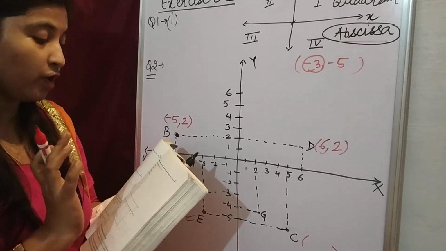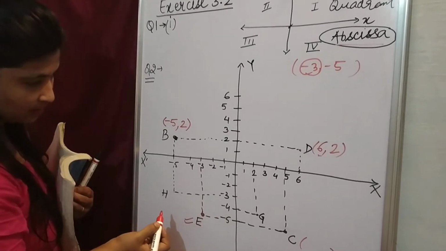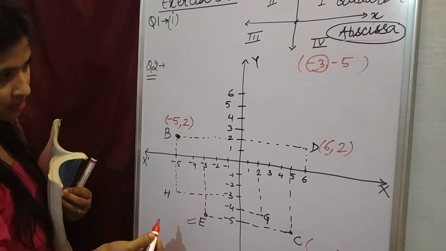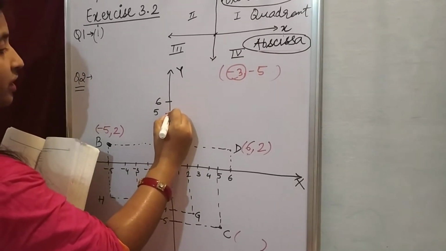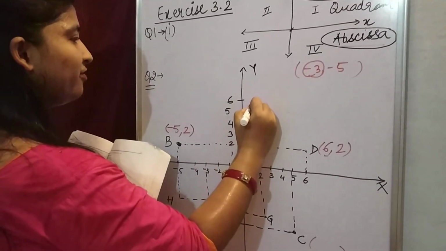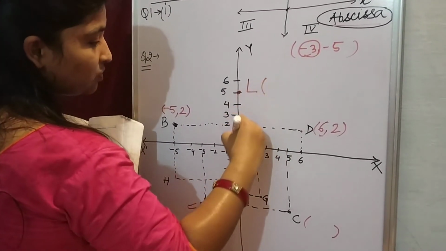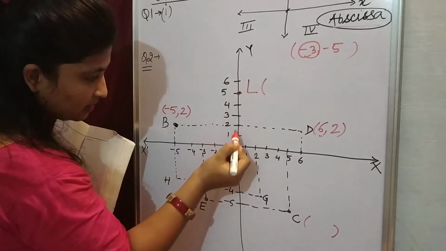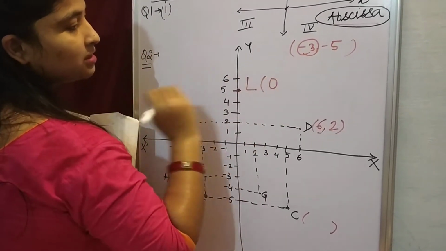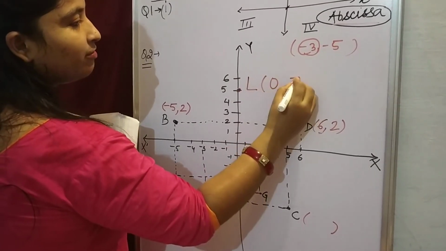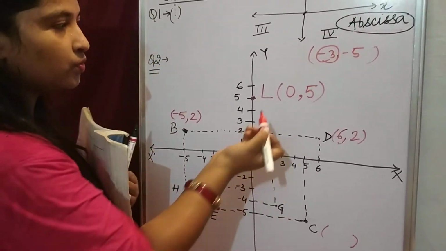The coordinate of the point L. Here is the point L. Can you tell me where L is? In which coordinate is it? Yes, we have not made L actually. Here it is. You can see in the book we have left over. This is your L. Can you see that on this L there is no value of x, or you can see the value of x over here is actually 0. So what will be the value of x? 0. And what is the value of y? 5.